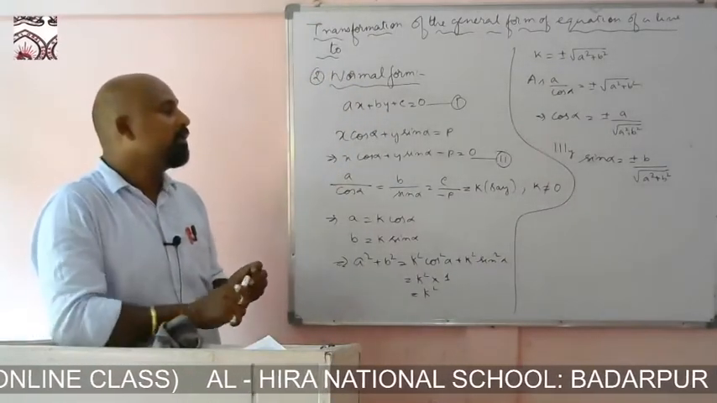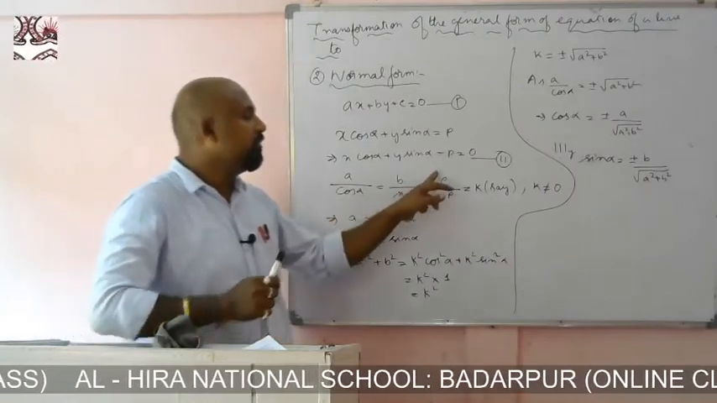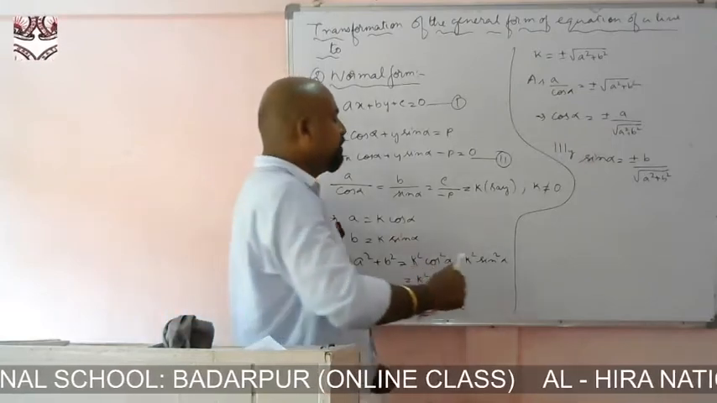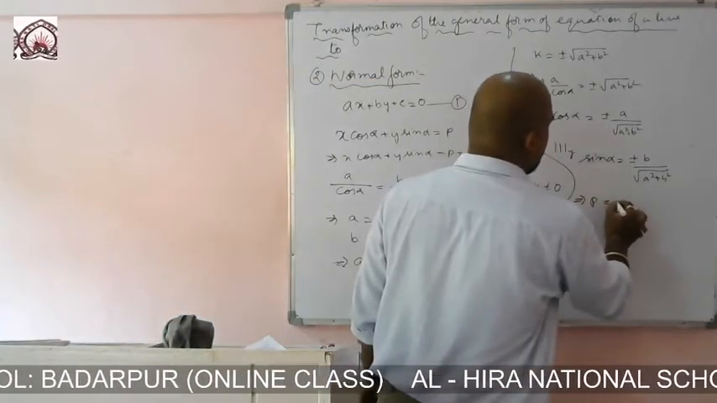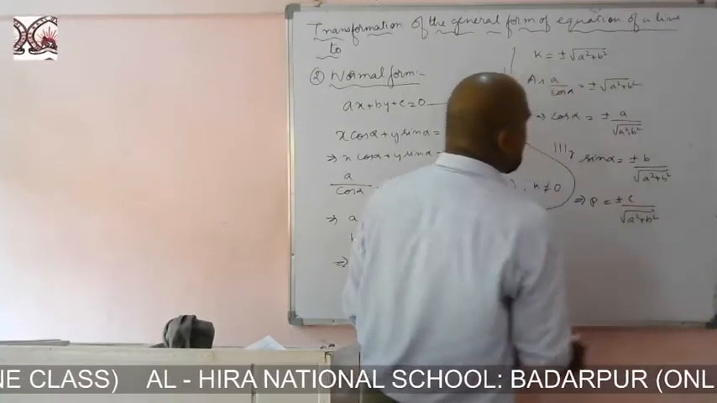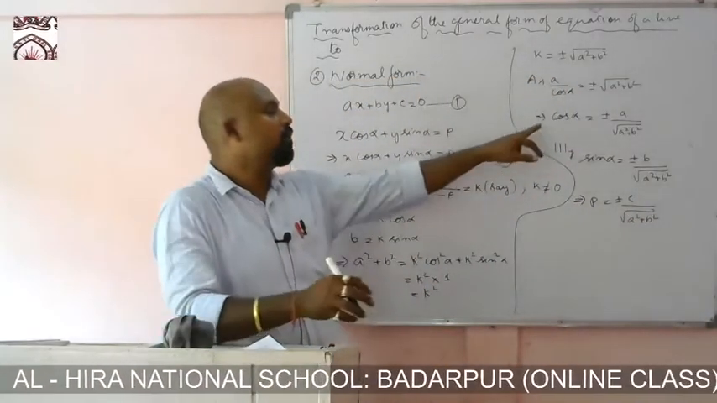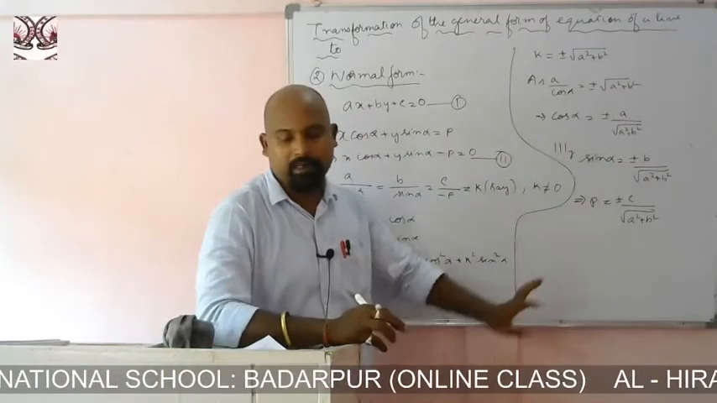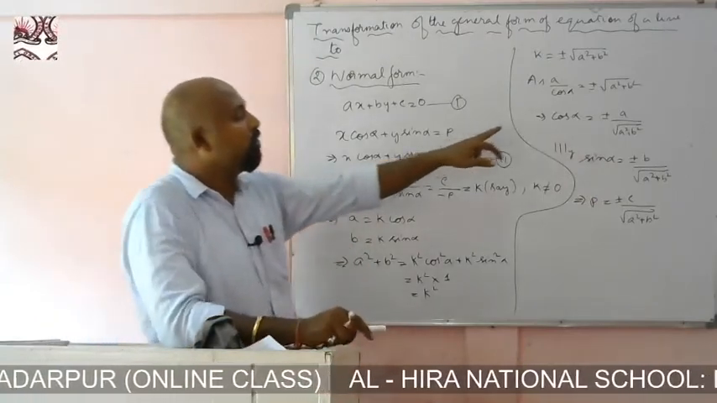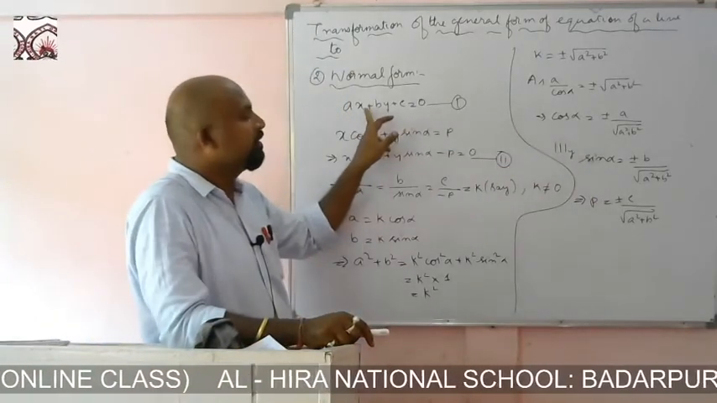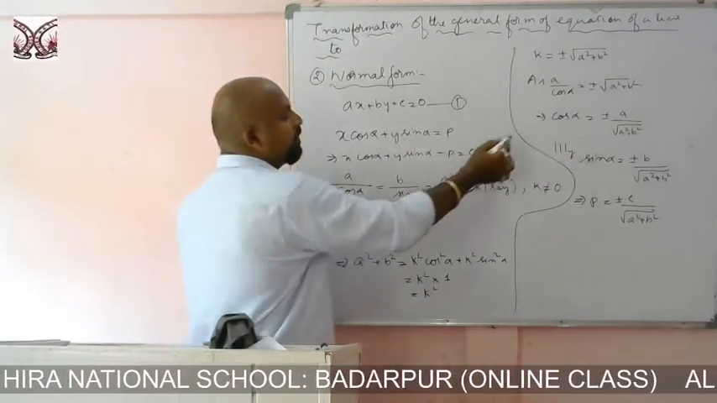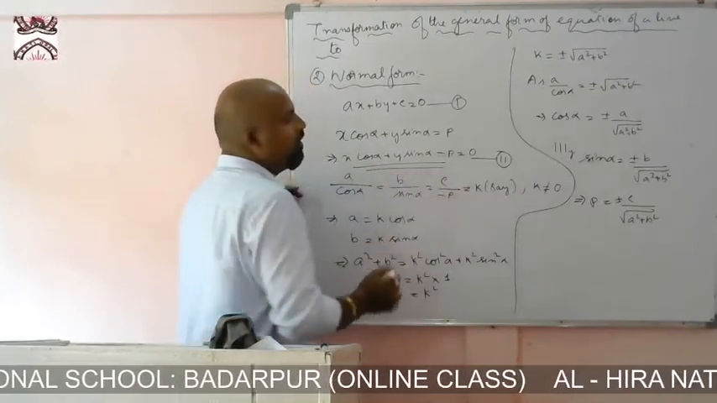And what will be the value of C? So C will be equal to, and P will be equal to plus minus C by root over of A square plus B square. So we are getting the value of cos alpha as well as sin alpha and P. Now if I substitute the values of cos alpha in this equation, in equation 2,